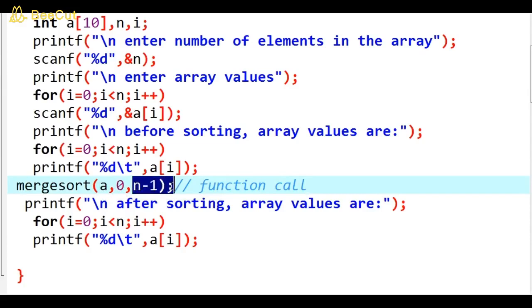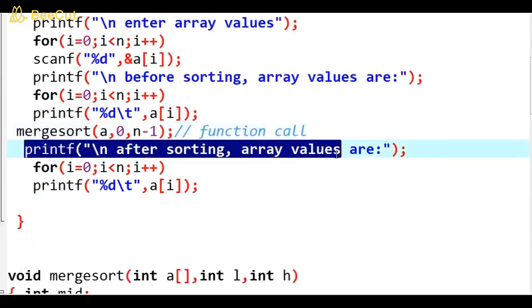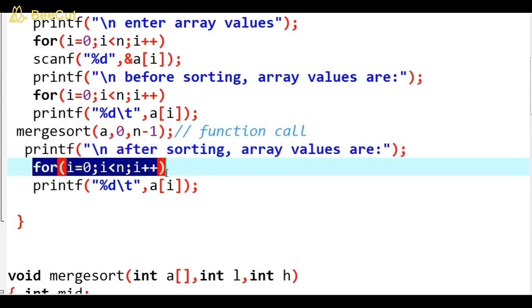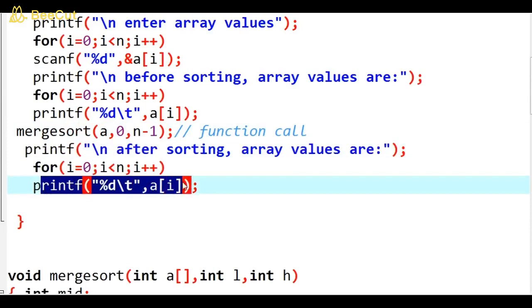If n values are there in the array a, then ending index value is n minus 1. So after that again I am printing the array values after sorting: printf("after sorting array values are"); for(i=0; i<n; i++) printf("%d", a[i]);